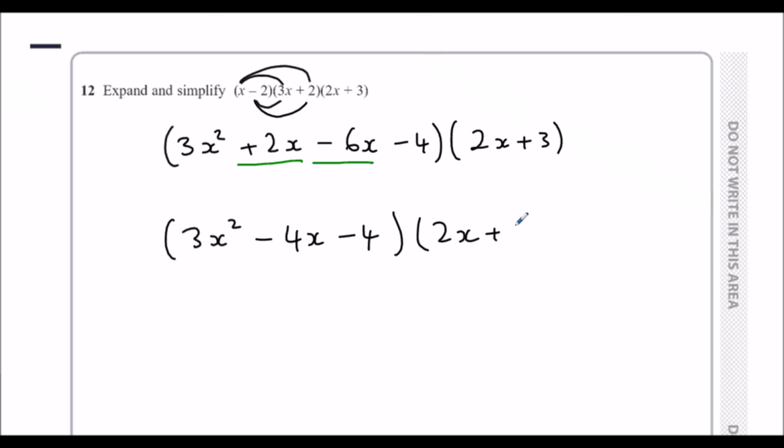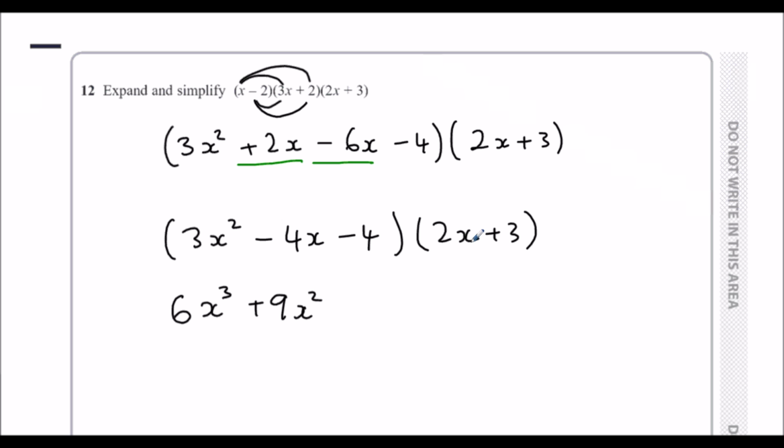So now I can expand again. I'm going to multiply each of the terms in the first bracket by both of the terms in the second bracket. So I'll end up with 6 terms here. So 3x squared times them both, minus 4x times them both, and then minus 4 times them both. So 3x squared times 2x, 3 2s are 6, x squared times x is x cubed. 3x squared times 3 will be 9x squared,